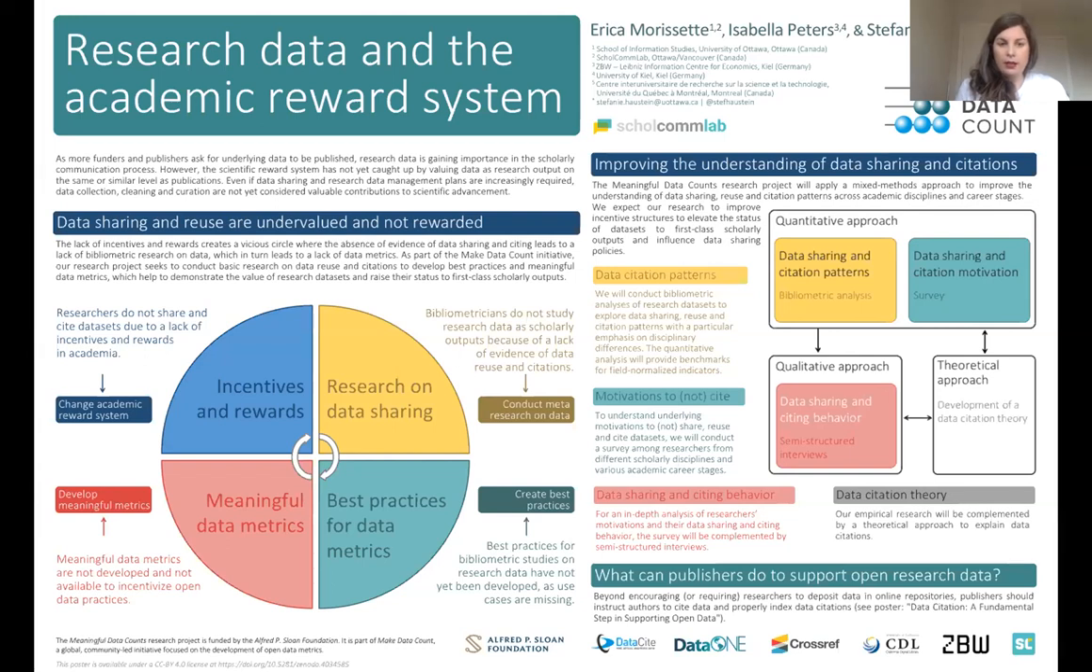So we think that currently there's this kind of vicious cycle that there aren't a lot of incentives and rewards to share data. And that's why it's not happening a lot. And that also applies to reusing and citing data, which is also why there isn't a lot of empirical research going on, which is why we also don't really have best practices for what good data metrics are. And we don't really have those meaningful metrics yet, which could in turn incentivize the reward system again. So we kind of want to flip this vicious circle around and create a positive feedback loop where we